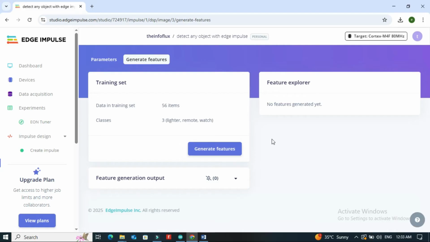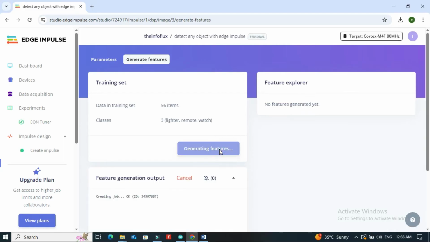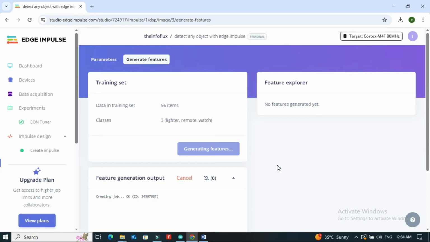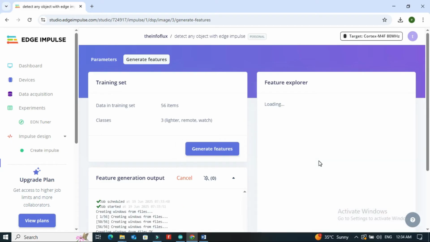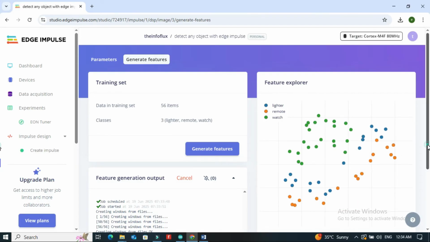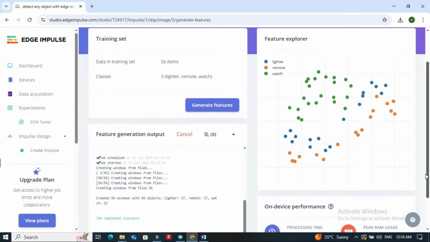Then generate features. You will see a scatter plot showing how your objects are clustered based on their features. This helps visualize model separation.